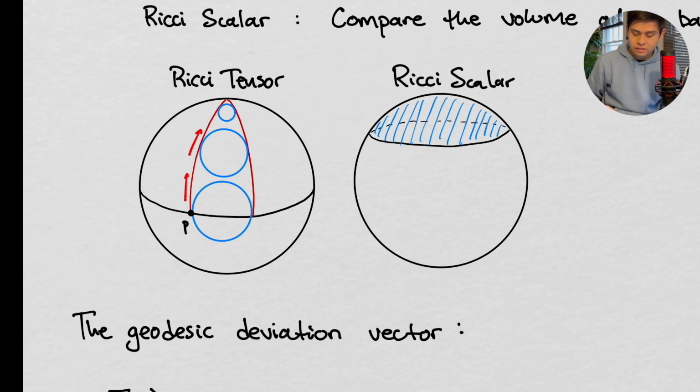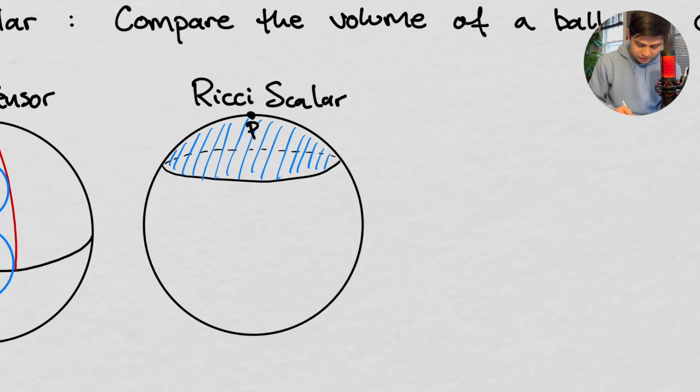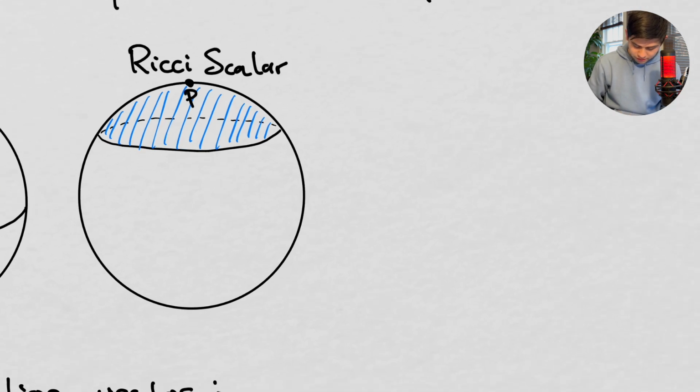And the Ricci scalar is going to be, well, suppose we're at point P again. Here's our point P on our manifold, and at that point P, we can also understand something about how areas deviate from flatness. So this is the same circumference as we would see in flat space, but because this is a sphere, this area is actually going to be greater than that, and it'll be less, right? It'll be less if we have something like